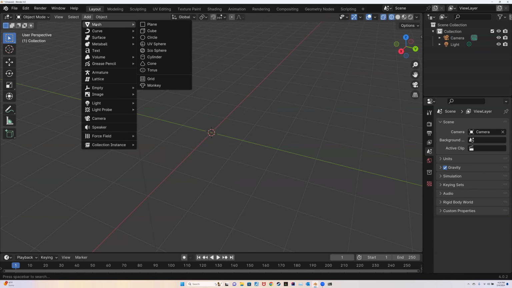Hitting A, I think you have to hit A twice quickly to deselect everything. And you can also drag to select parts of the mesh. You can see that the selected part of the mesh is kind of lit up. That's helpful, right? But in general, if you wanted to maybe just chop off the back of the head or something, it would be kind of hard to do it with dragging around with the